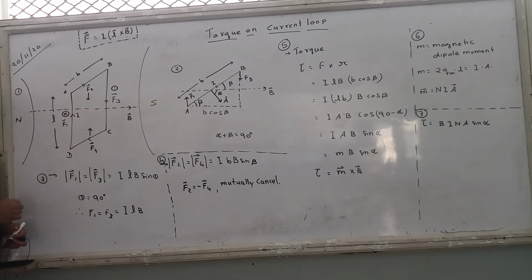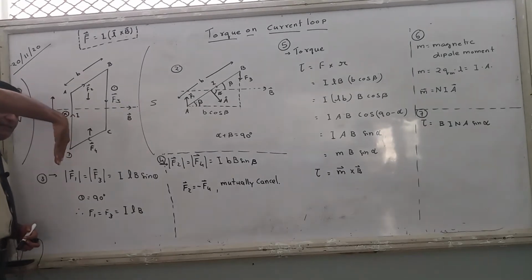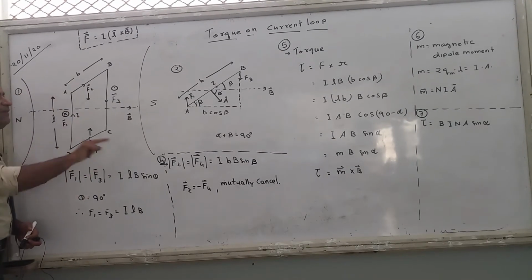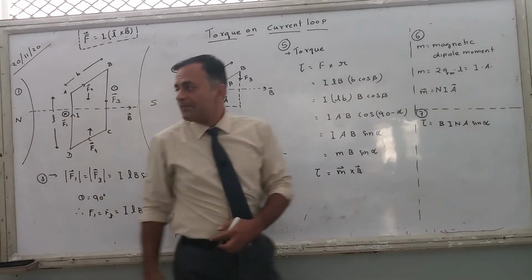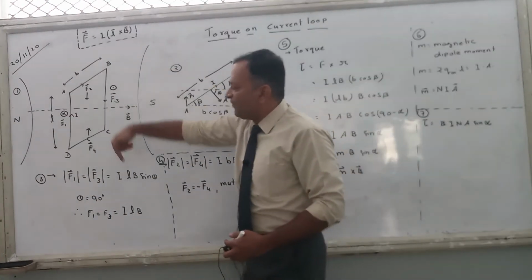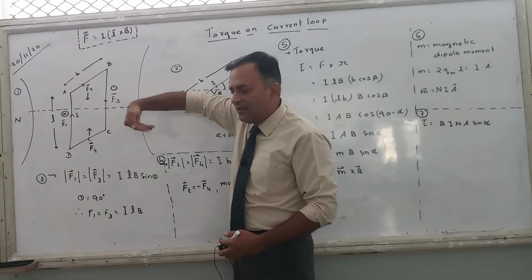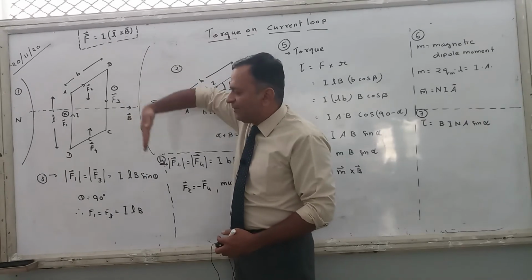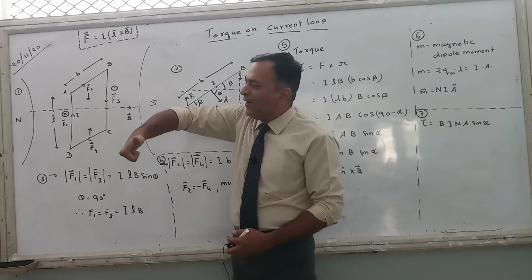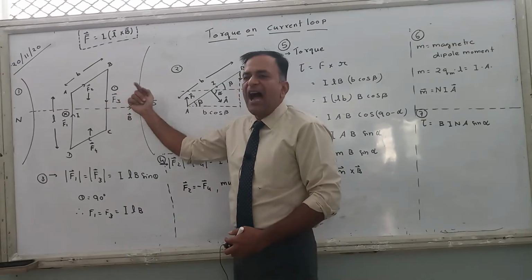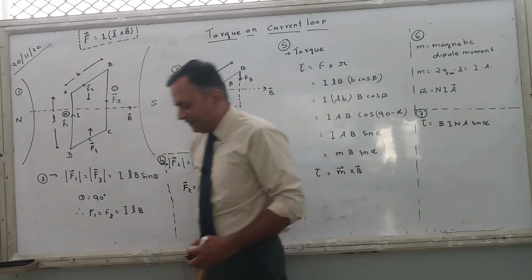Here the current is in downward direction. So keep the right hand like this. Where is the magnetic field? Magnetic field is over that side. So keep the hand like this. Here direction of current, magnetic field. Okay, I kept the fingers in the direction of I, then turned them like this in the direction of B. Thumb points outwards. So F3 will be in outward direction. Got it? Now